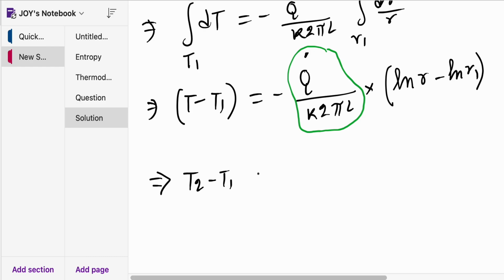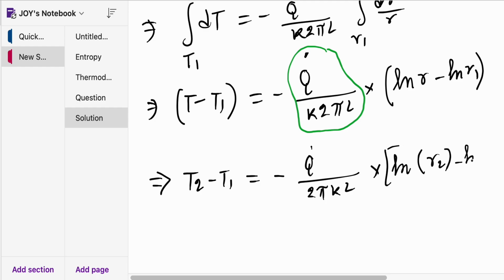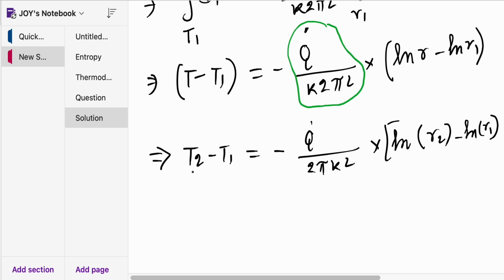So minus q dot by 2 pi k l into ln r2 minus ln r1. Now if I divide this with this, we will get T minus T1 by T2 minus T1 is equal to,